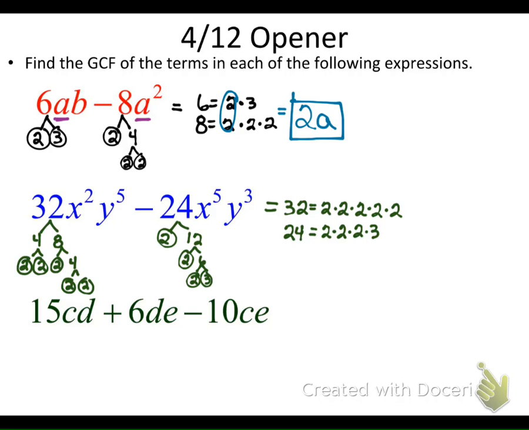Raise your hand if you can tell me what I need to do next. Alex. You have to compare your numbers. Okay, what do you mean by compare my numbers? I mean, it's like 2 and 2 and 2 and 2. So I'm finding what they have in common. So I have a 2 and a 2, another group of 2's. Anything else? Another group of 2's. Anything else? That's it. So my greatest common factor